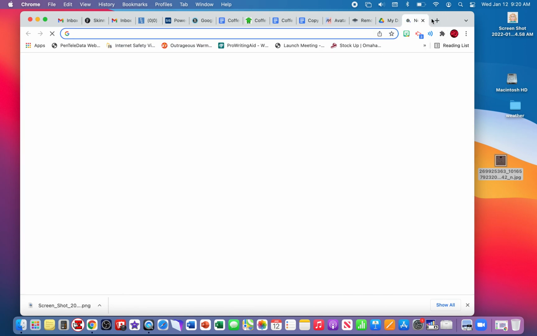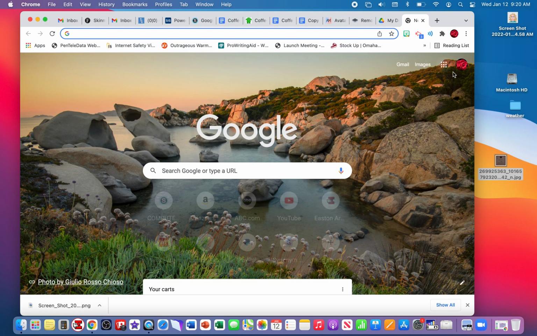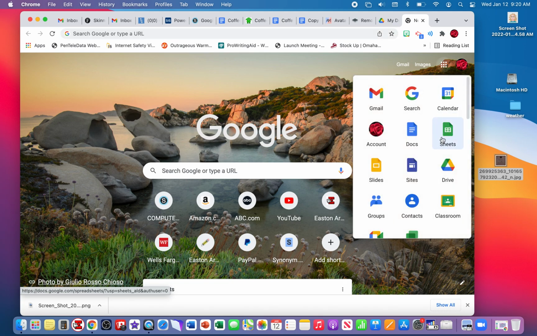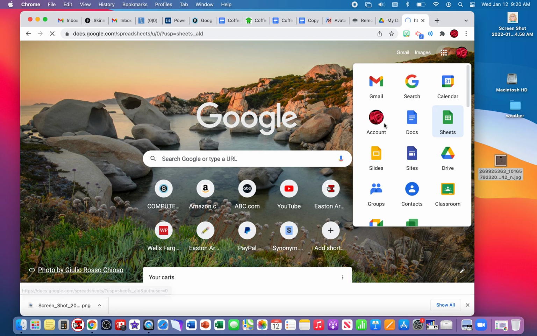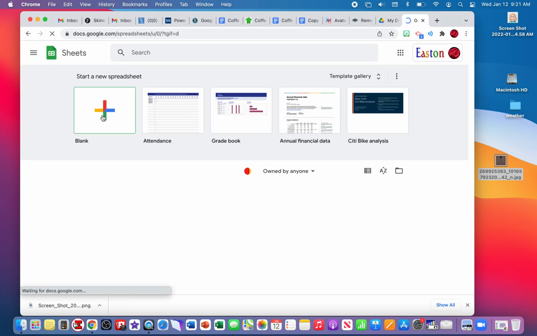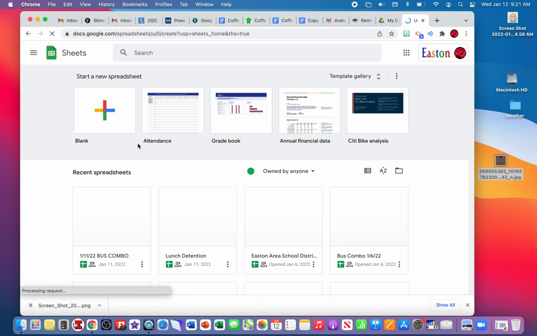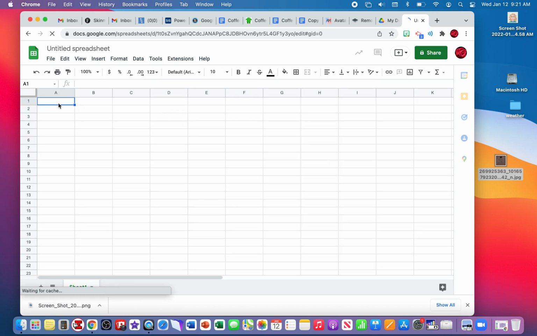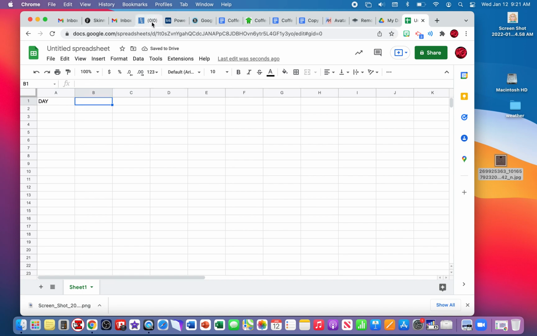So I'm going to go over and open up another tab, and I'm going to make sure I'm signed into Google because you have to be signed into your Google account. I'm going to hit the waffle, and I'm going to open up Sheets, which is the green icon. I'm going to hit blank spreadsheet, and in the first cell, the cell is the box of the spreadsheet, I'm going to hit my caps lock and type the word day because I want everything in all caps because it's a heading. I'm going to hit the tab key to tab over. So it's day,